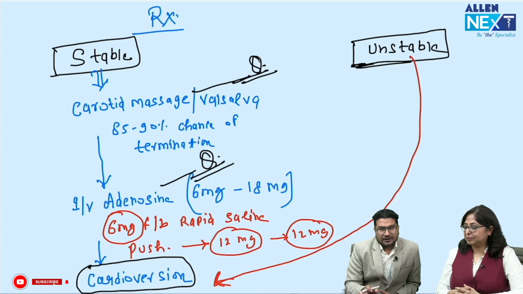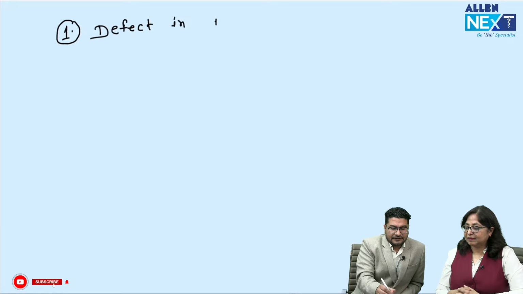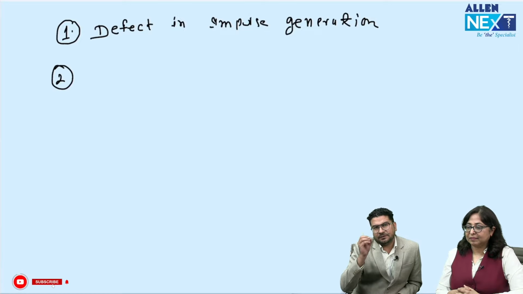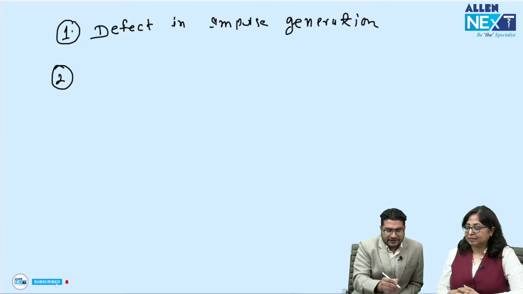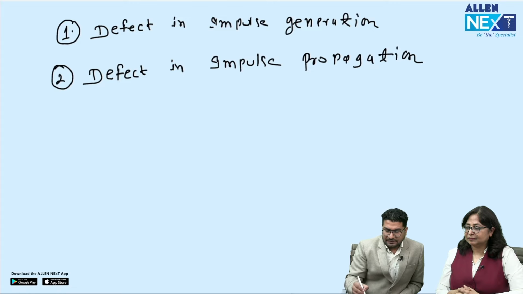Now, as you know, for any arrhythmia there are two possible reasons. First, there will be a defect in automaticity, that is, a defect in impulse generation, or the SA node is under more pressure. Or the second possibility is a defect in impulse propagation. Understand, defect in impulse propagation means